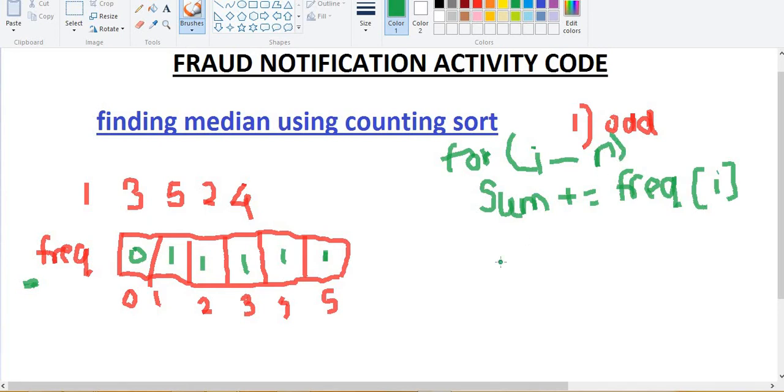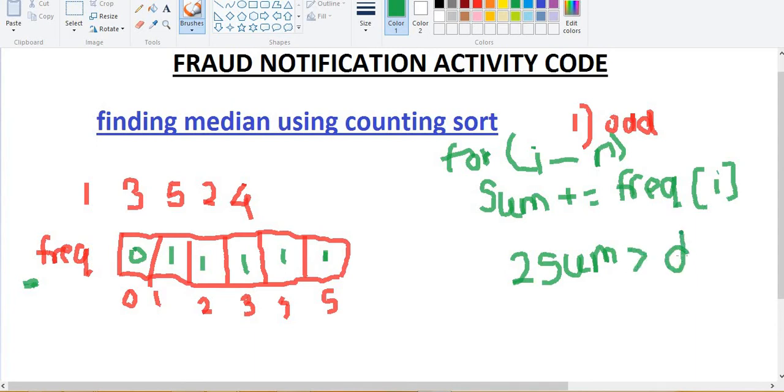and after that we'll check, as this is for the odd condition, whether the given number is smaller than twice of sum.